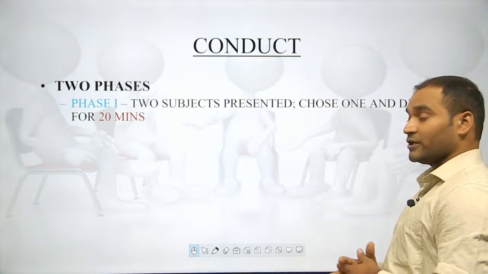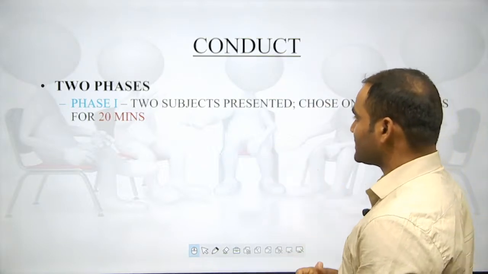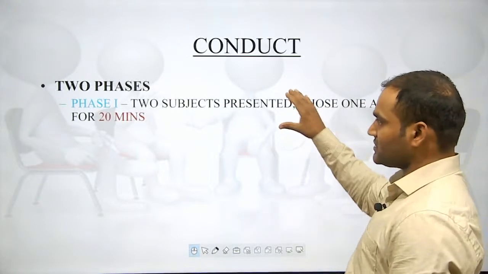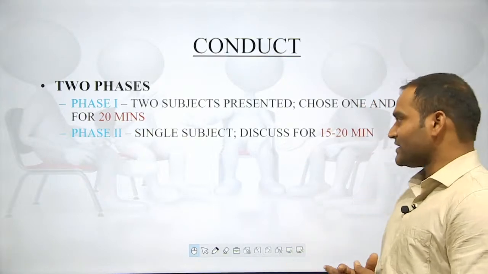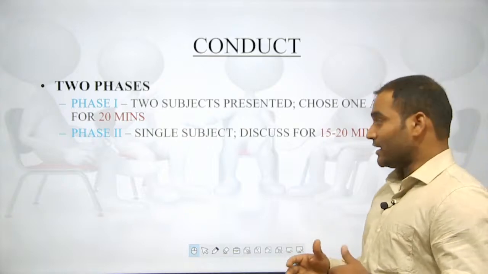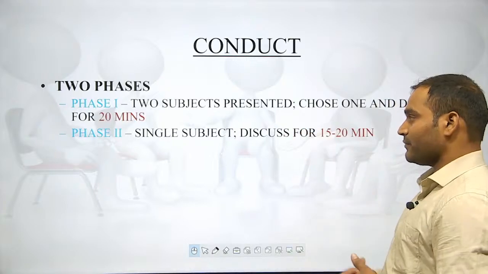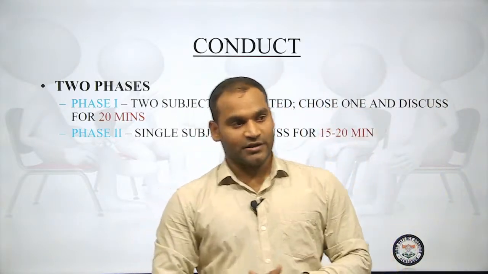For that the GTO will give you 1 minute, and once you conclude which topic you want to discuss, there will be a further 20 minutes of discussion. Once the first phase is discussed, he will give you the second phase. The second phase has only one topic, which means you have no choice, and willy-nilly you have to discuss that. Okay. Again the time will be measured. Understand, boys? There was also a discussion in PPDT.